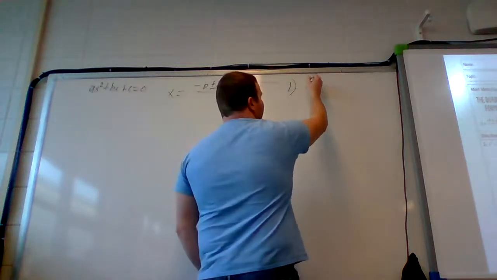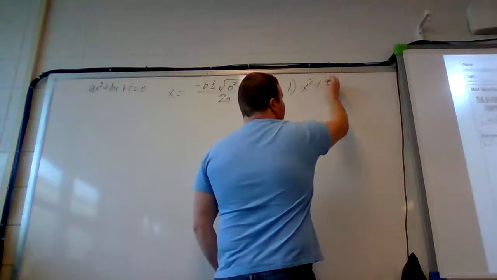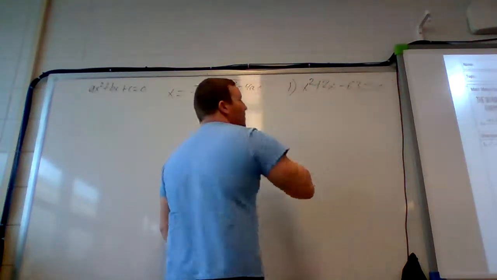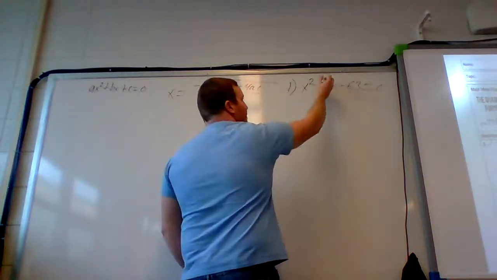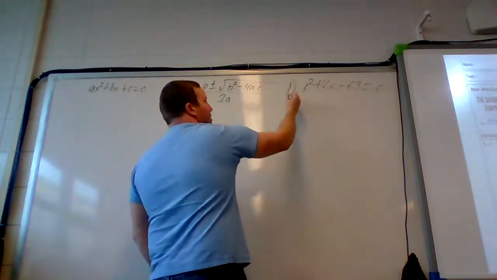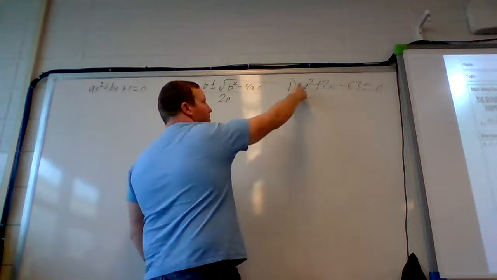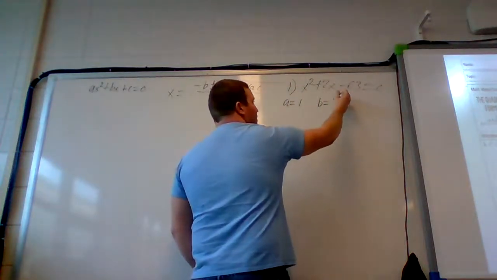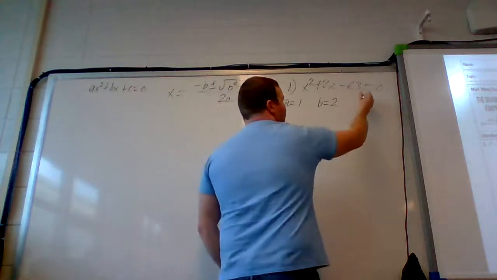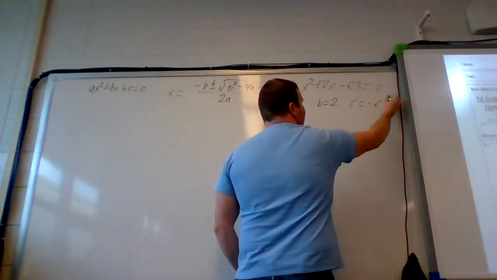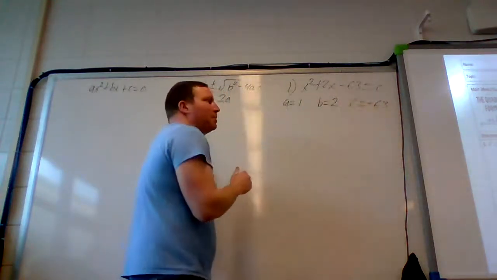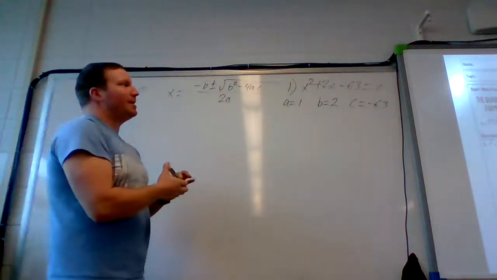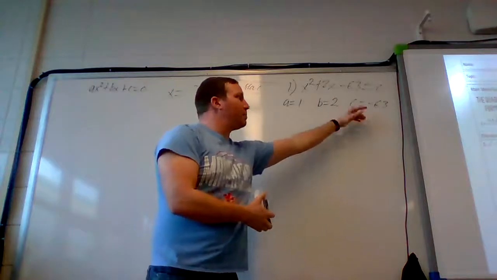So number one, we've got x squared plus 2x minus 63. In this case, our a value, again, is our leading coefficient. It's in front of our x squared. It's 1. Our b value is 2. And our c value is negative 63. So keep the sign that it's attached with. And then we're going to take these values and plug them